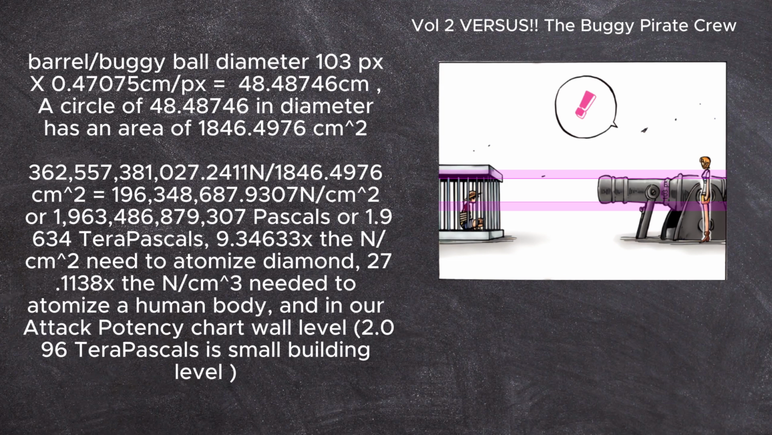48.48746 centimeters. A circle of 48.48746 centimeters in diameter has an area of 1846.4976 centimeters squared. 362,557,381,027.241 newtons per 1846.4976 centimeters squared equals